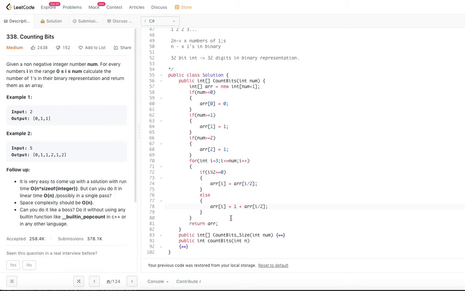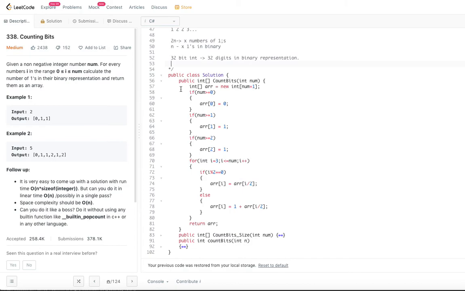When your number is an even number, you just take the division by 2, whatever the number of ones is available, you put it there. If it is an odd number, add 1 to whatever is there at the division by 2 number. So, this is how we are able to produce the number of ones for a given number range starting from 0 to number. So, that is how we are doing it.